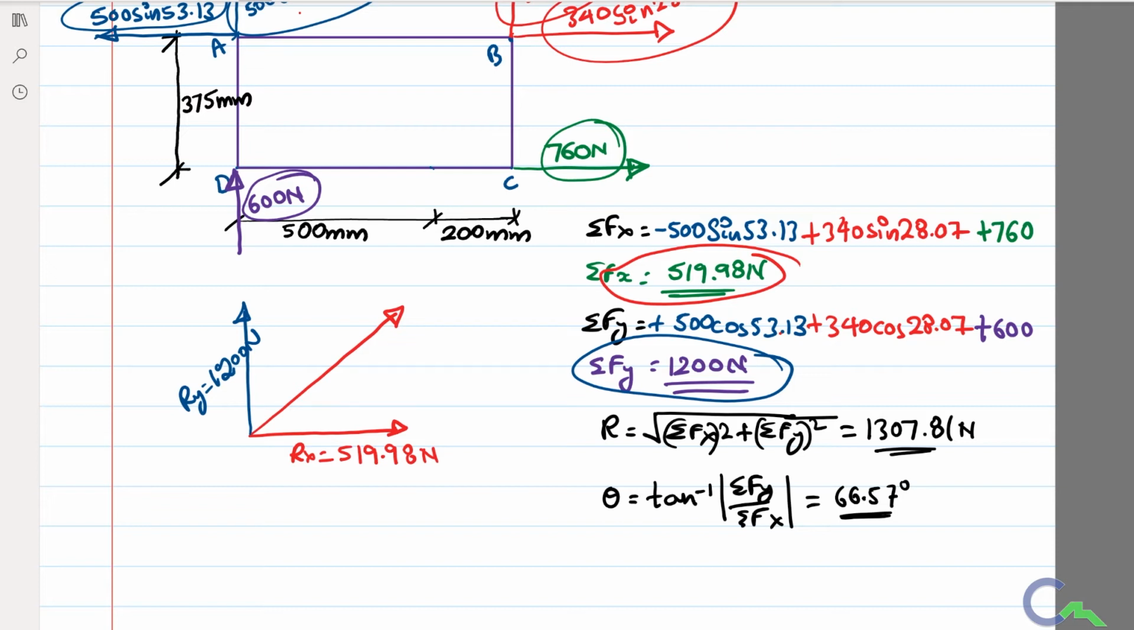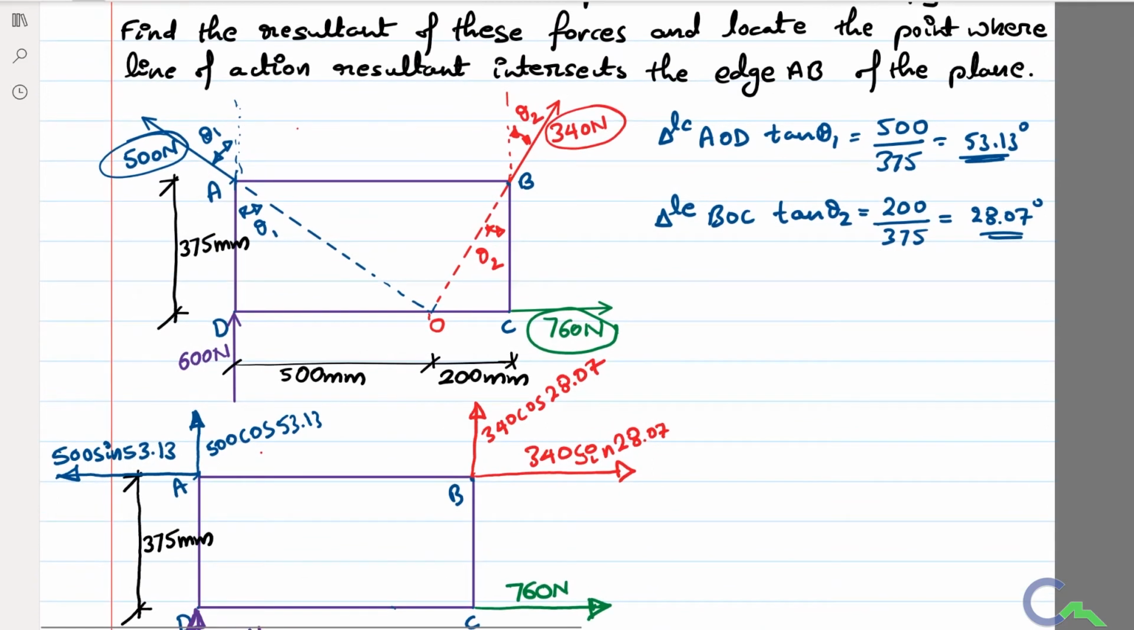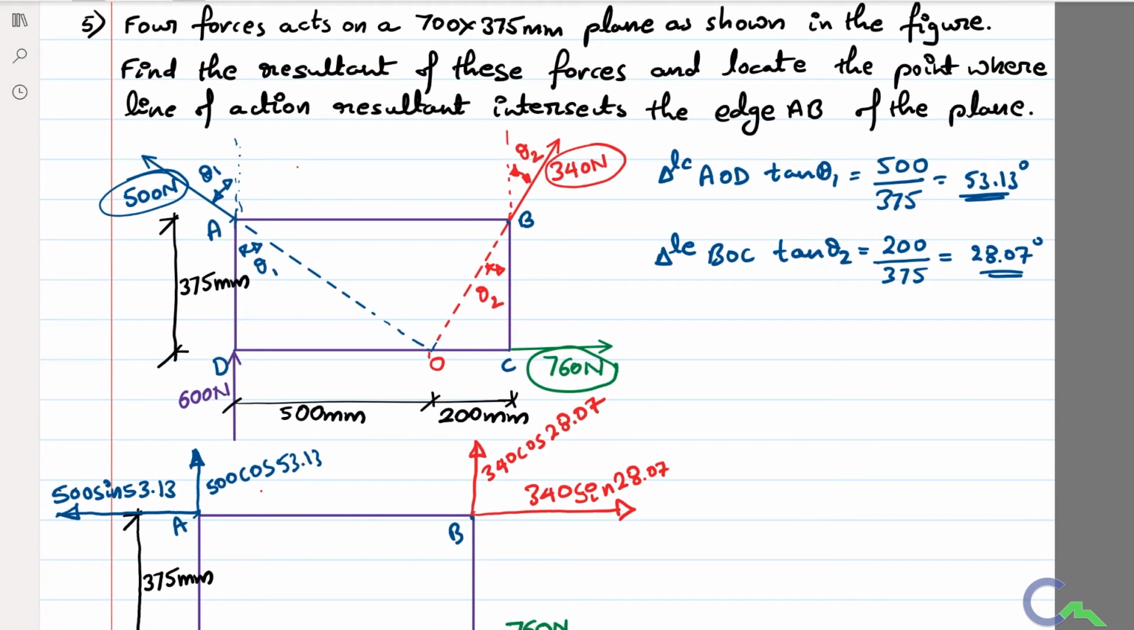So that value is 1307.81 Newton, that is R value. The angle of the resultant we got 66.57 degree. After getting the resultant value, they asked in the question, find the location of the resultant where it